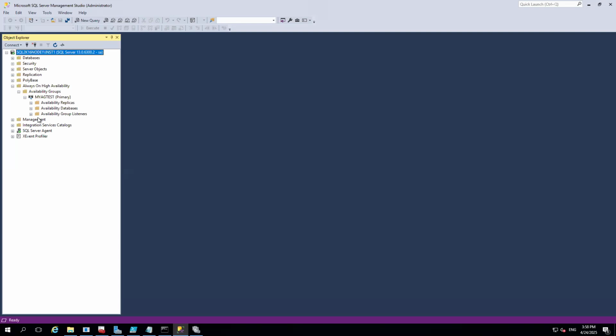Did you get the scenario first before I provide the solution? The scenario is, in on-premises, you have an Always On setup and you would like to migrate the databases from on-prem to Azure VM. The main requirement is he wants the same listener name and he cannot modify the listener name and he cannot add any port